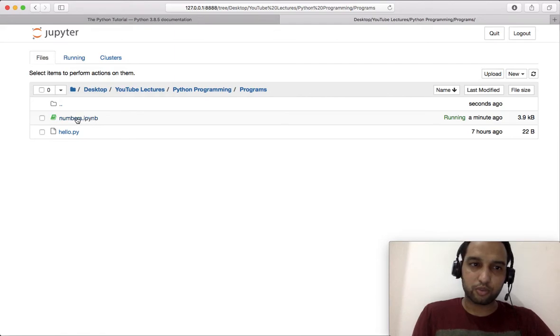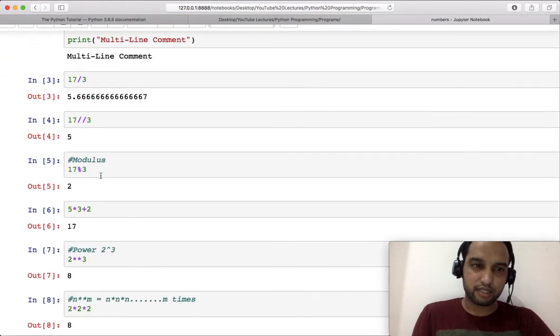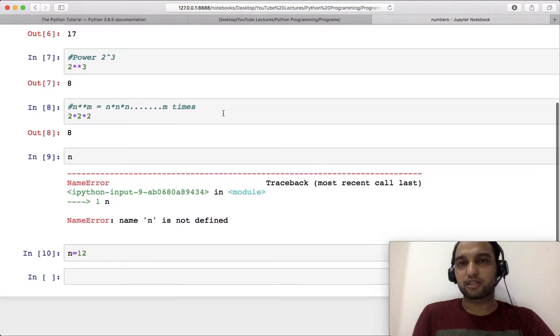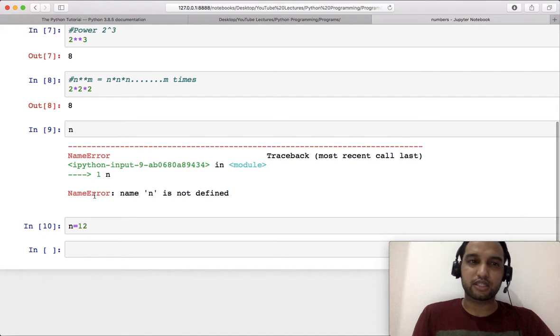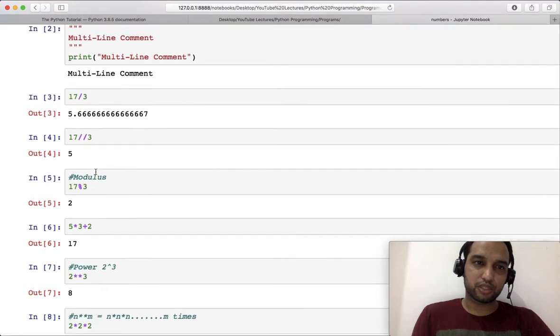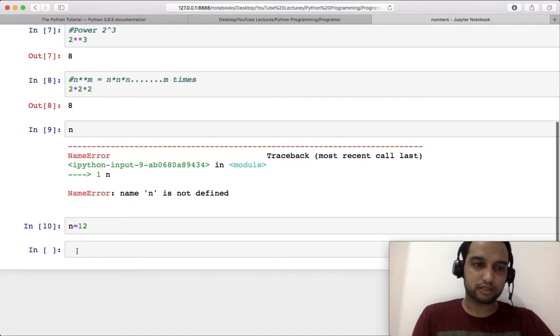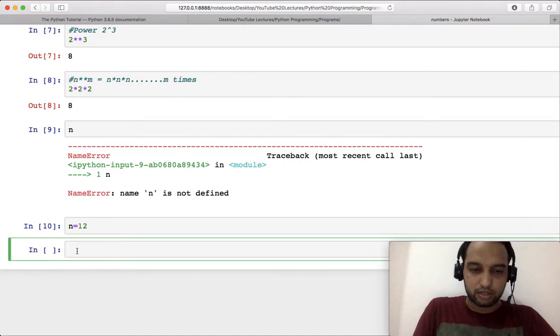Now open this again. You can see everything is saved. So whatever you write in this Python notebook, everything gets saved, and you can see the input and output every time you open this file. So in future, if you want any of the Jupyter notebook on which I am writing a program, you can always request. Okay, so now do one thing.